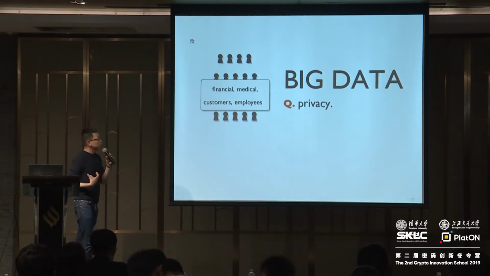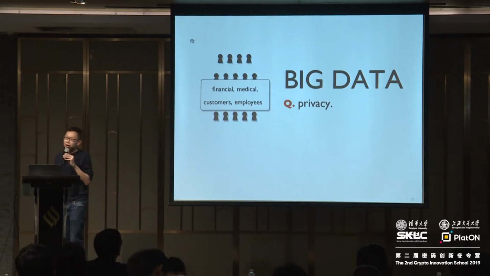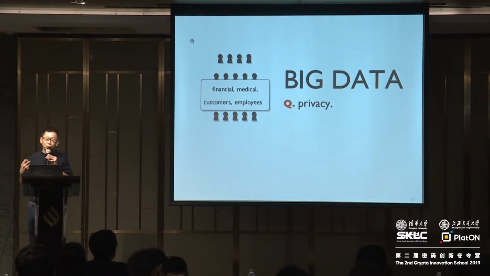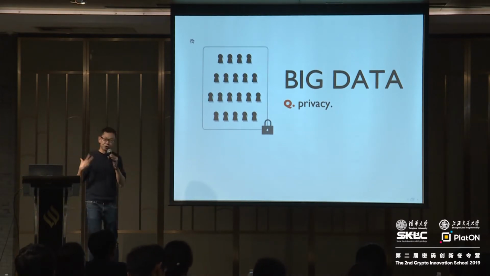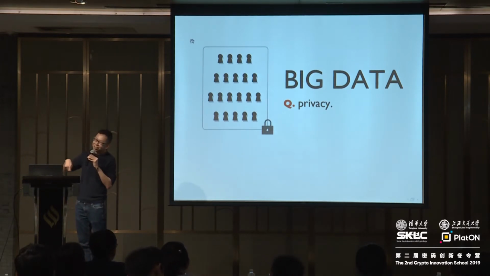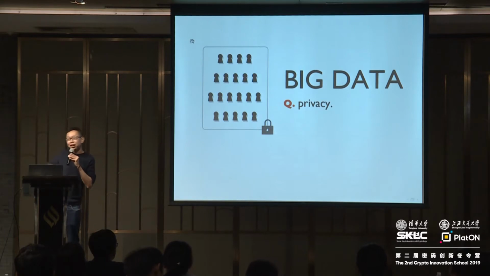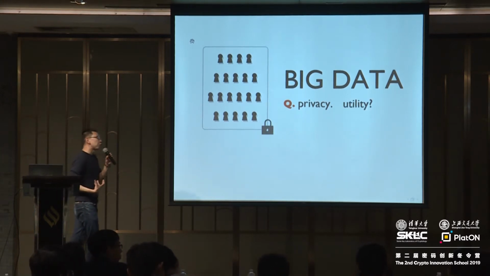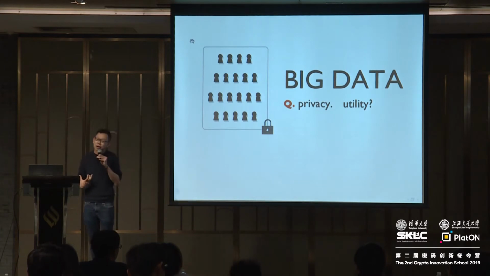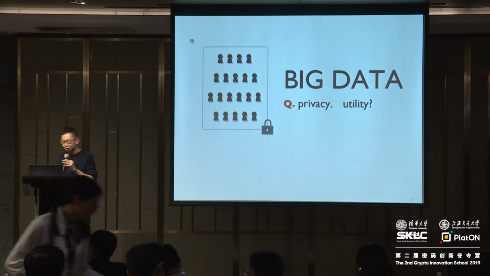Traditional crypto wisdom says that if we want to provide privacy of data, we can simply encrypt the data. What this effectively does is put the data under a lock, so that the only way to have access to this data is to have the key, and without the key, you learn nothing whatsoever about the data. This solves the problem of privacy, but you lose utility, because once the data is encrypted, you can no longer do any meaningful computation on the data.